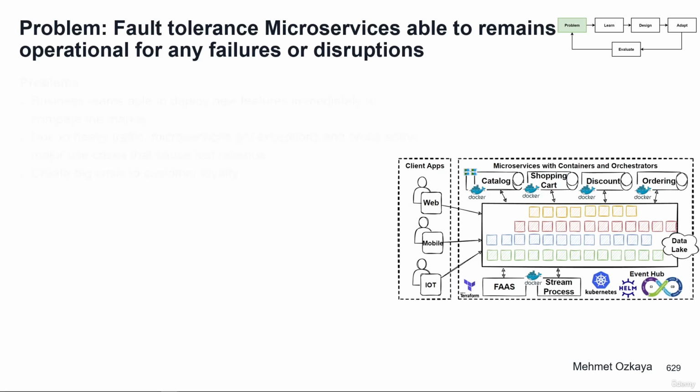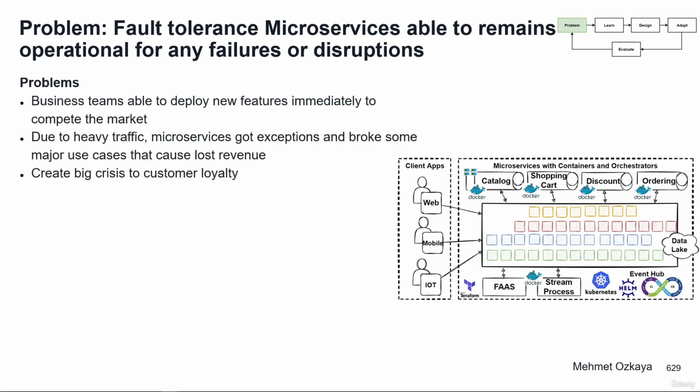So our e-commerce business is growing with highly increased traffic in terms of concurrent user counts and requests per second counts. We said that now we have almost 1 million concurrent requests accommodated by our architecture. So we should handle and process millions of requests at an acceptable latency with better performance. And at the same time, business teams should be able to deploy new features immediately in order to compete in the market.